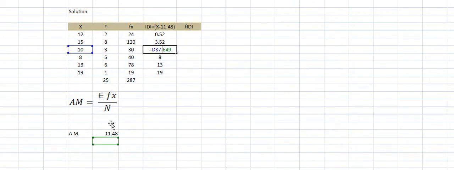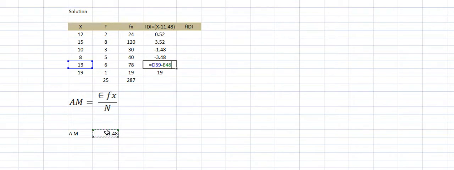That is 10 minus this number, you will get this one, right? Similarly this number minus this one, so you will get this number. So this number 13 minus 11.48. Next 90 minus 11.48 is this one. So these are the numbers, but what you need to do is ignore the sign. As I said, you ignore the sign. Ignore the sign means only you have to take the difference. This was actually minus 1.48, leave it. It is only 1.48. 3.48 minus, but it is only 1.48. As I said, this symbol ignores the sign.